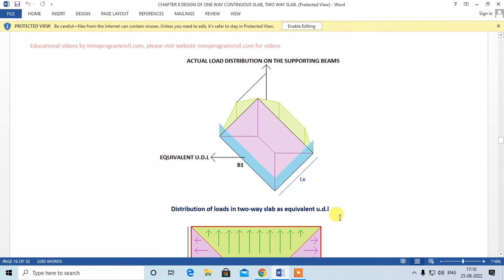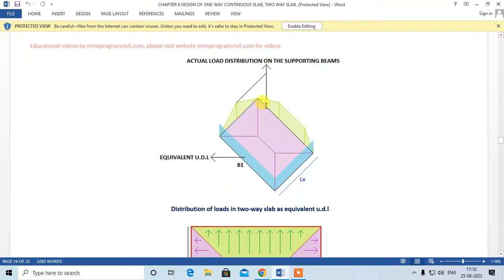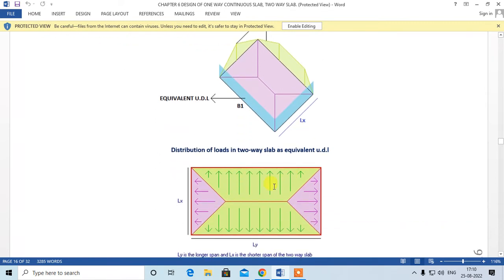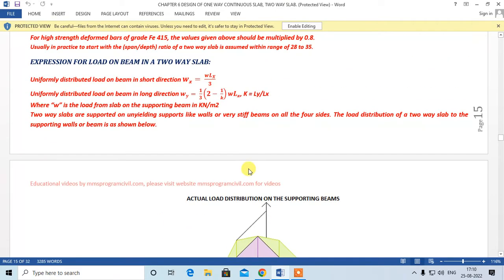So the type of loading on the shorter span will be triangular, and the loading pattern on this longer span beam will be trapezoidal, right? So it becomes very difficult to do the analysis of such loading. So you can convert this to an equivalent UDL, right? This can be converted to an equivalent UDL with this formula,